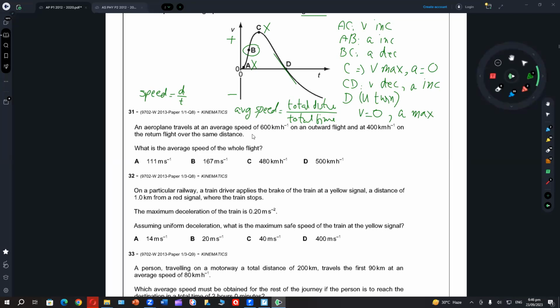600 for the outward and 400 for the inward. Will it be right if I say distance is equal to speed into time? Yeah, it is. Yeah, you're right, sir. And it is 600 kilometer per hour on an outward flight and 400 kilometer per hour for the same distance. So if I average speed of 600 and 400, the distance is the same. So if I want to find the total distance, it will be 2x. And total time,